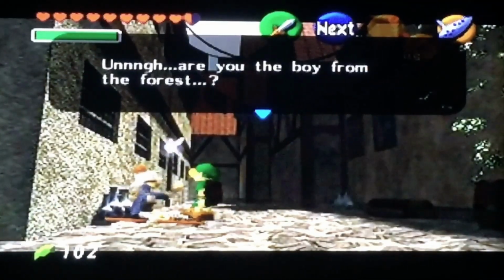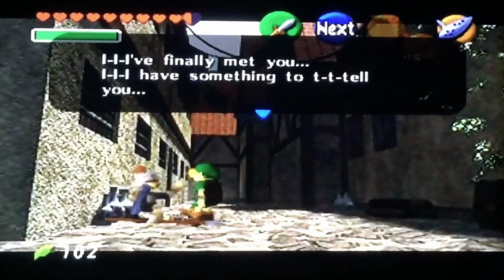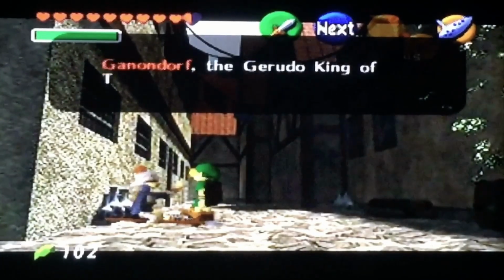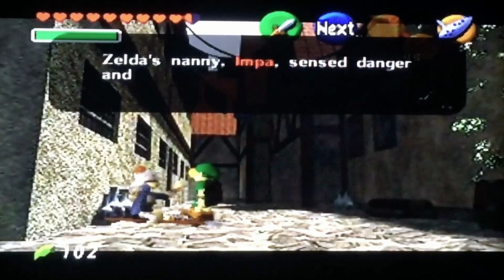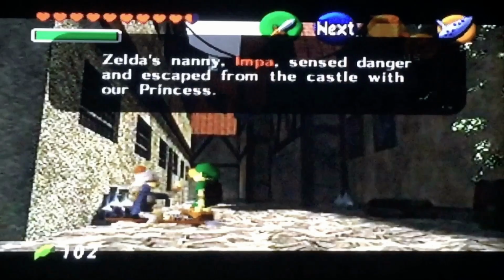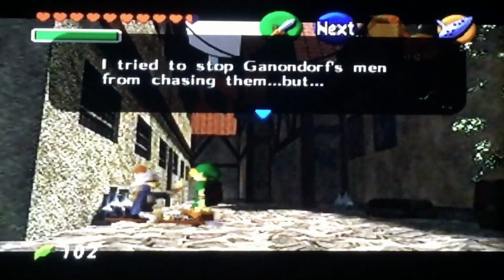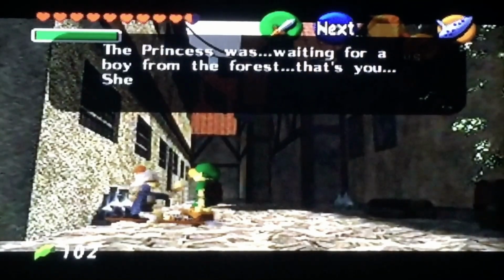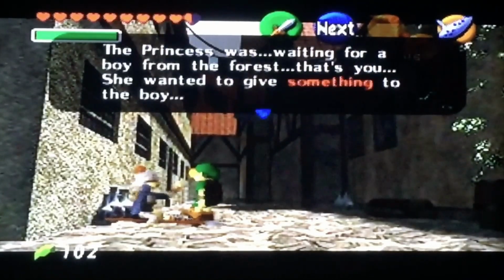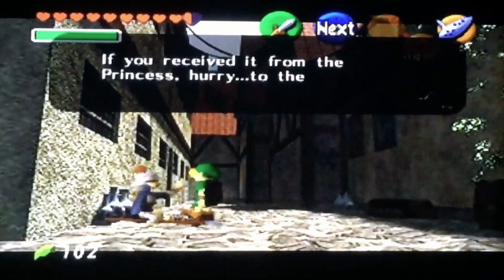Are you the boy from the forest? I finally met you. I have something to tell you. Ganondorf, the Gerudo King of Thieves, betrayed our king. Zelda's the Impa sensed danger and escaped from the castle with our princess. I tried to stop Ganondorf's men from chasing them, but the princess was waiting for our boy from the forest. That's you. She wanted to give something to the boy. If you received it from the princess, hurry to the temple of time...